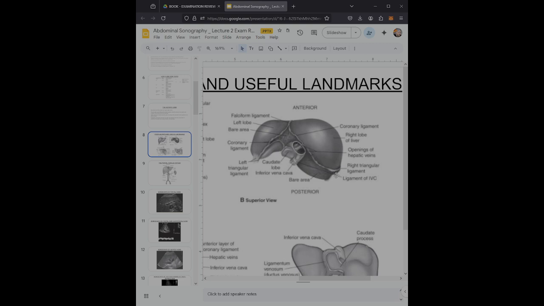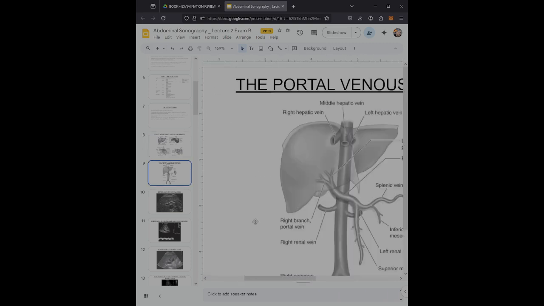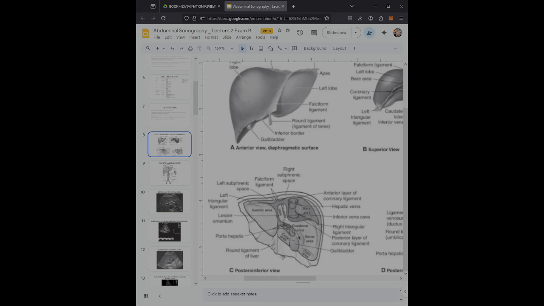right triangular ligament, the ligament that houses the IVC, the bare area, the IVC itself, the caudate lobe, the left triangular ligament, the coronary ligament, the bare area, which is a continuation here, the left lobe, and there you go, the falciform ligament. We can also view the liver from the bottom, looking up, and we can see the